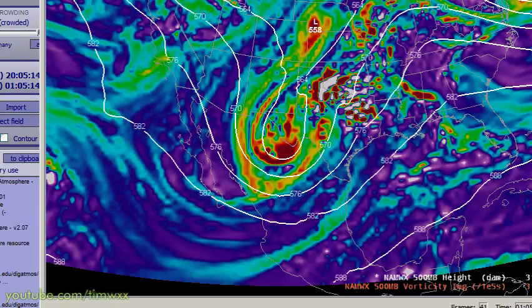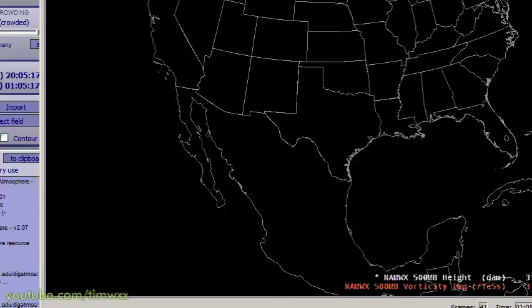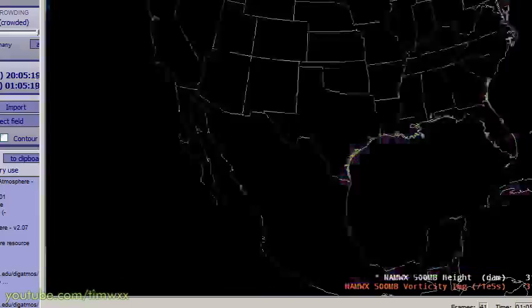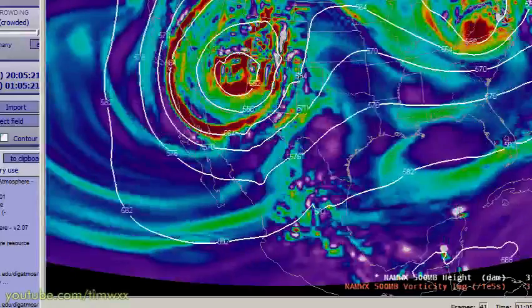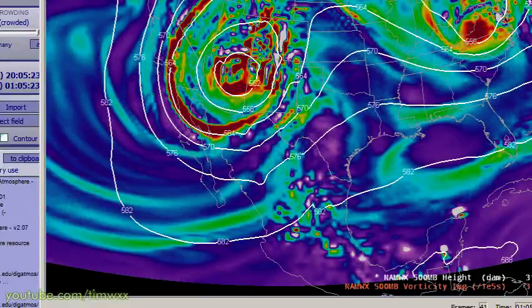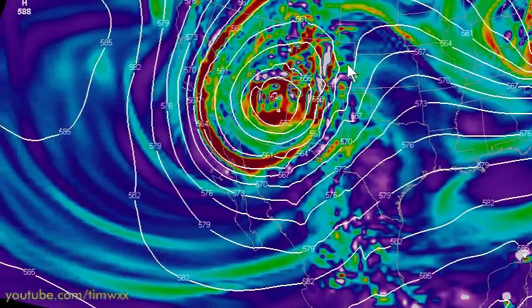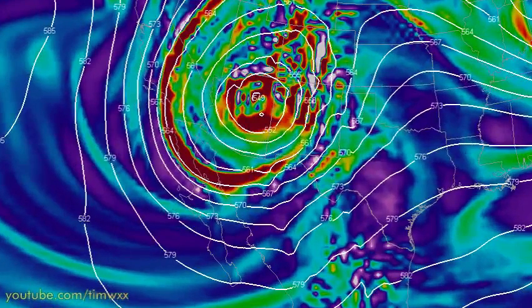Let's take a look at the 500 millibar chart, and I brought up AWIPS. Might as well look at what the Weather Service forecasters are looking at. Okay, there's the current chart. Let me resize that so we can see that a little bit better. And this shows us the trough